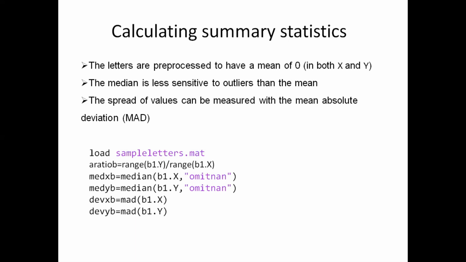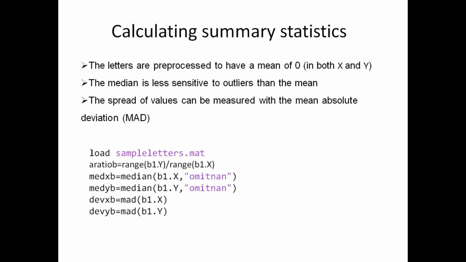Apart from that, we can also use the median of the data points, because the median value is less sensitive to outliers. Already in the previous video we have seen how to set the mean value of all the alphabets as 0. We have done some shifting of mean to make sure that the center points of all the alphabets are aligned. So that is done already. Now here we see that median is going to be more useful for us because it is less sensitive to outliers. So we will use that as one of the statistical functions that will give us some useful information.